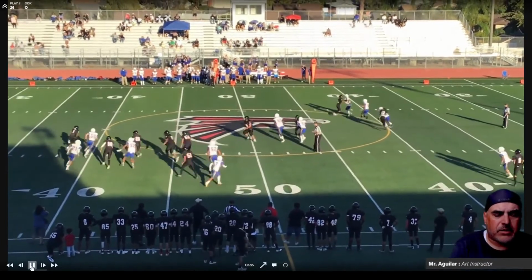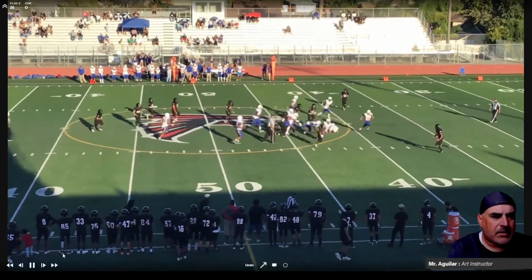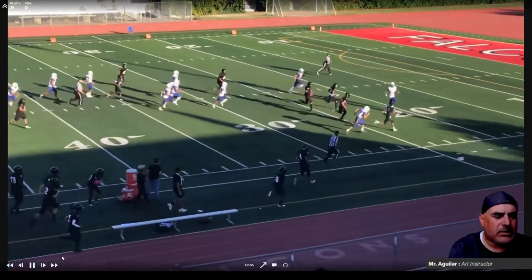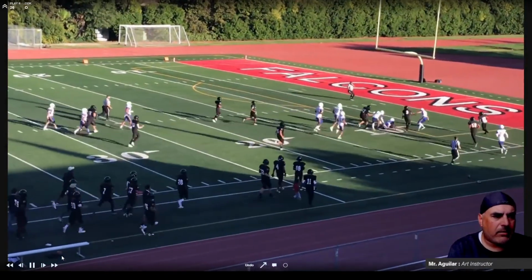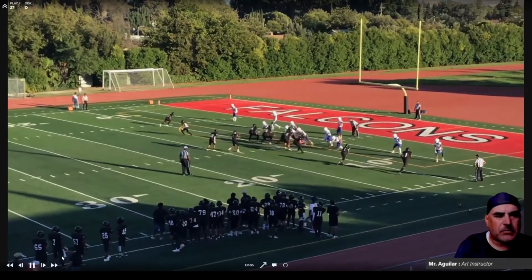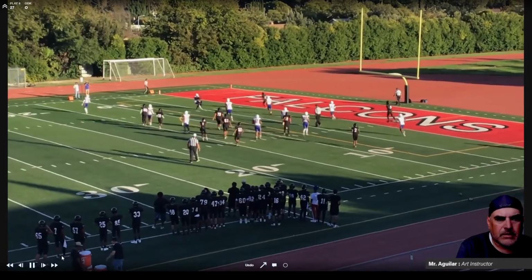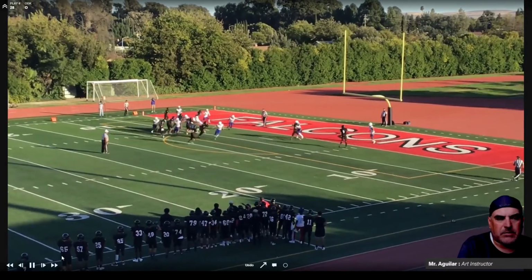So they do things similar to varsity. Two things I've seen that they do different. Again, they're trying to use speed. They used a pulling guard for power. They have toss plays, which varsity did not show toss. And again, they're trying to get to the outside as often as possible.